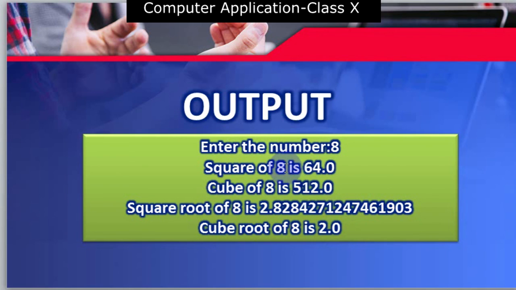Here you should understand 8 is the number which you are inputting in the program, that is System.out.print enter the number. So this will help you to print enter the number, and to accept the number we have used the syntax int number is equal to scan.nextInt. So that scan.nextInt will accept the number, and the number is 8. So once 8 is accepted, we are doing 4 calculations: square, cube, square root and cube root. So this is how the output looks.